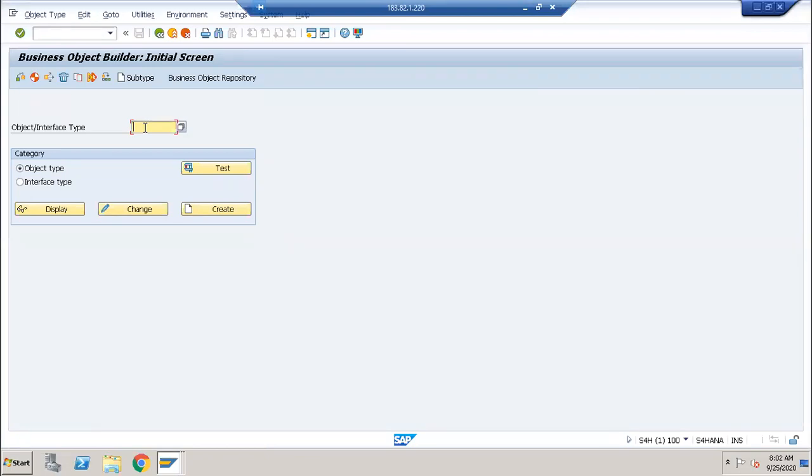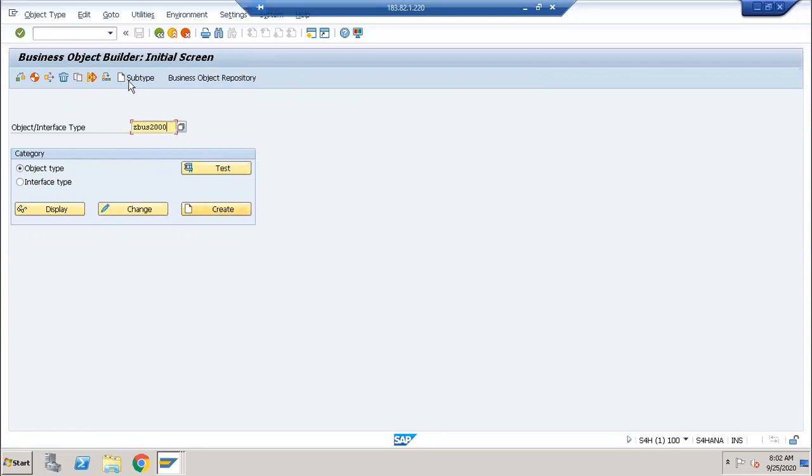Now I will take ZBUS2000. You can take any name here. Z business, that's why I'm taking ZBUS, and 2000 is some number I'm taking here. I'm creating a new business object because this is the customizing business object.